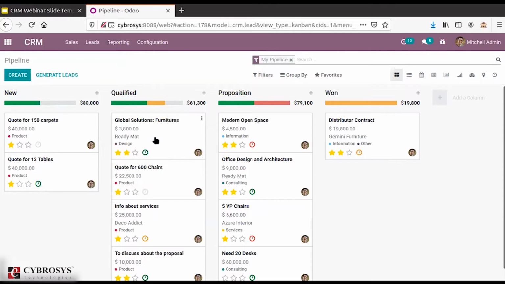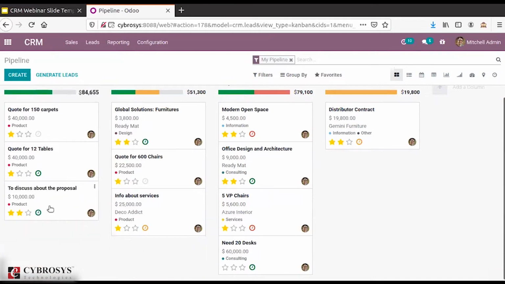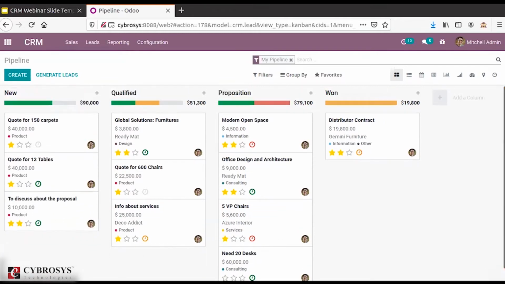When I simply drag and drop to different stages, automatically you can see a progress bar over here. Above you can see a progress bar with different colors. In the progress bar you have a green color.